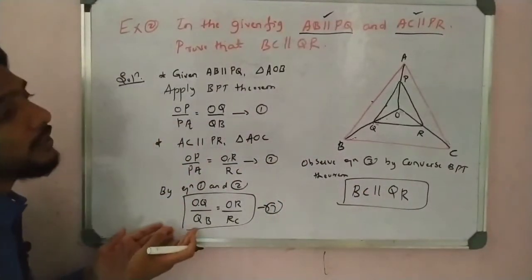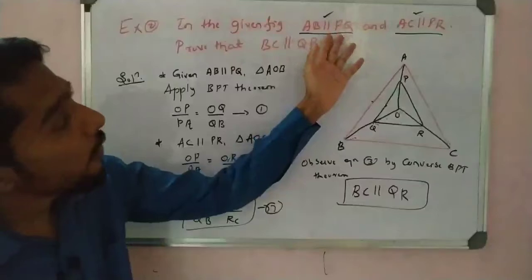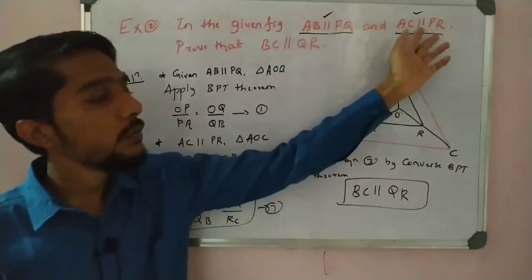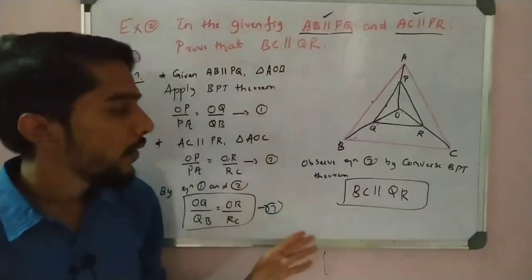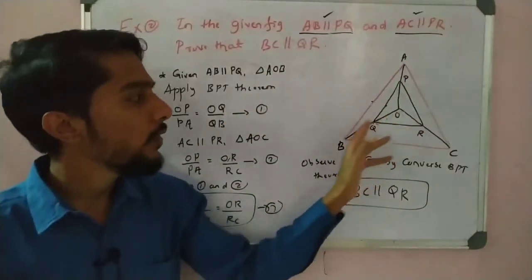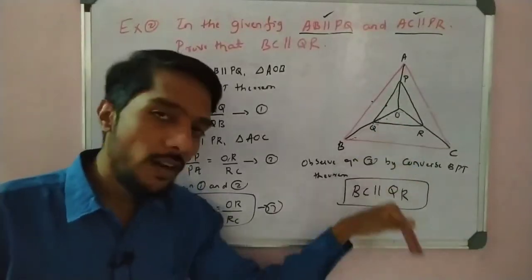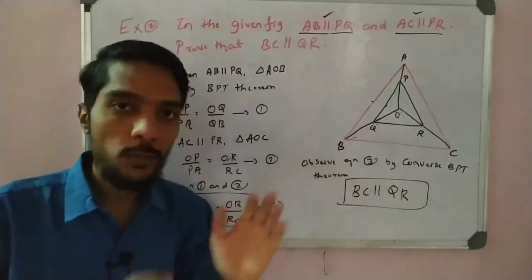Automatically we get this. We do not do anything, we simply take case 1, case 2, and according to this we select the triangle, and simply we compare and automatically we get these sides. If these sides are in ratio, then the lines are parallel. If the lines are parallel, then the sides are in ratio. That is, both are linked together.